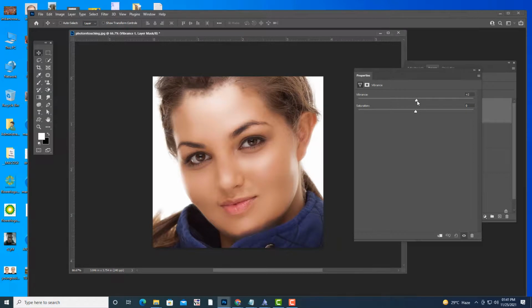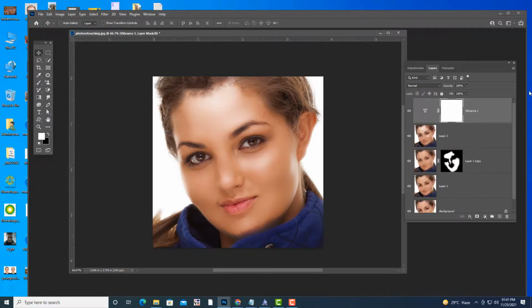See here, if I increase the vibrance, her face is becoming brown. Can you see the change? Don't increase it too much. Keeping it around 50 is better. If you increase the saturation, it becomes very yellowish, but it should not be too yellow. Keep it over here. Now it's looking like a natural color.